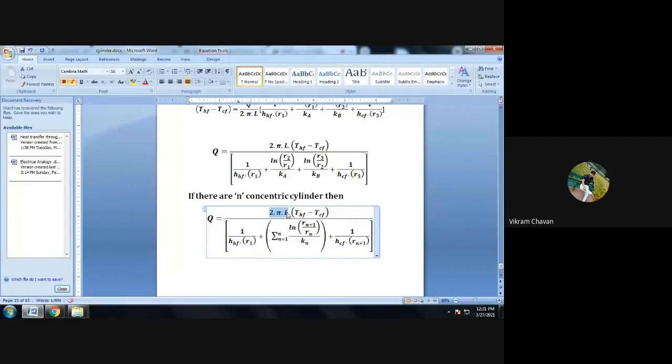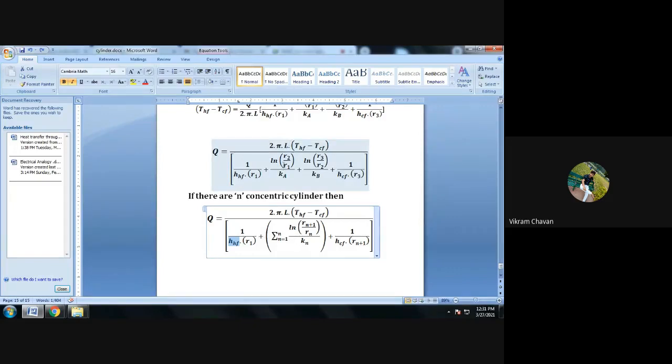और लेंथ वैरी नहीं होगी और 2 पाई कांस्टेंट रहेगा। और ओवरऑल टेम्परेचर डिफरेंस, जो इनसाइड फ्लूइड फ्लो हो रहा है उसका टेम्परेचर माइनस जो एक्सटर्नल फ्लूइड है उसका टेम्परेचर, वो चेंज नहीं होगा। अब क्या चेंज होगा? रेजिस्टेंस में चेंज होगा। अब इनसाइड फ्लूइड से हीट इंटरनल सरफेस को जो ट्रांसफर हो रही है वो कन्वेक्शन मोड से ट्रांसफर हो रही है, तो वो क्वांटिटी वैसी की वैसी रहेगी, उसमें कुछ बदलाव नहीं होगा।